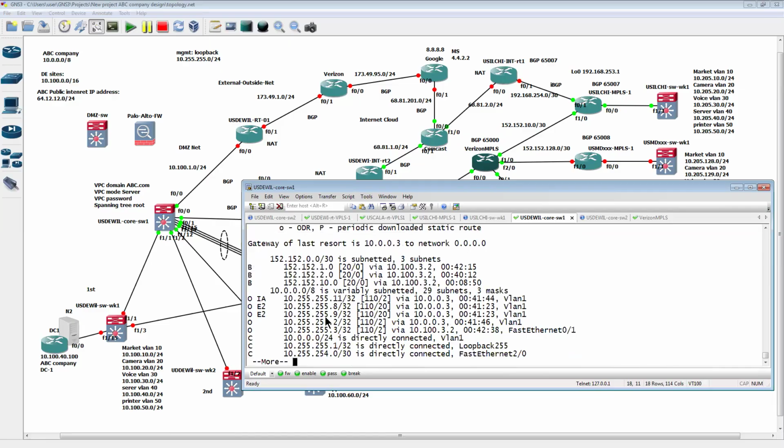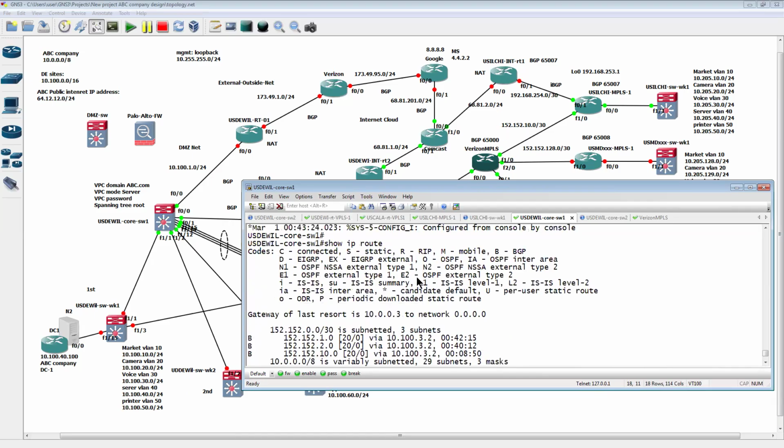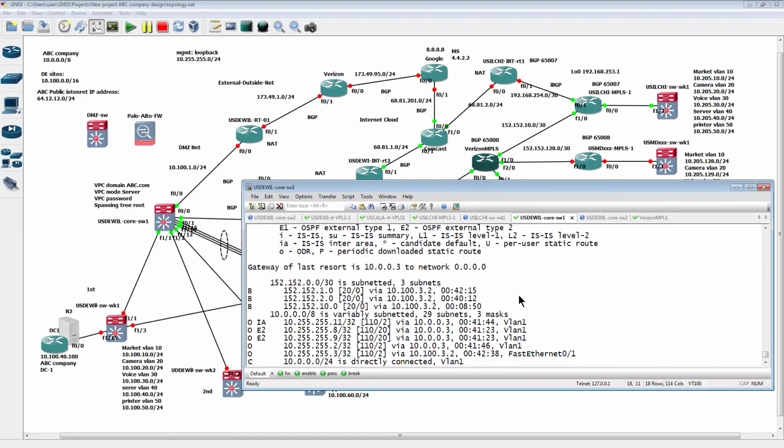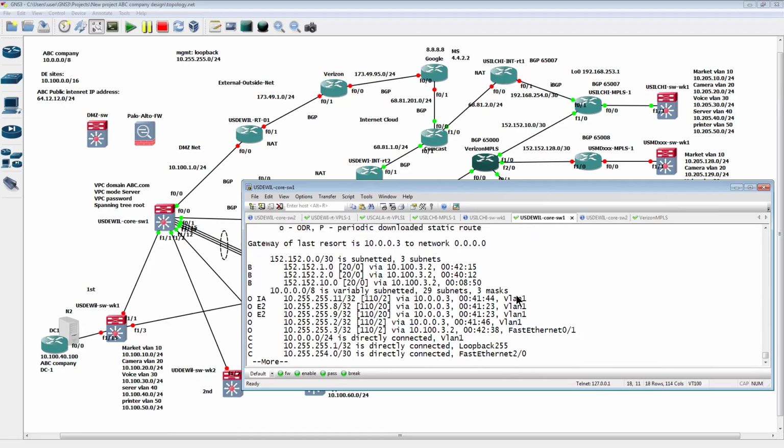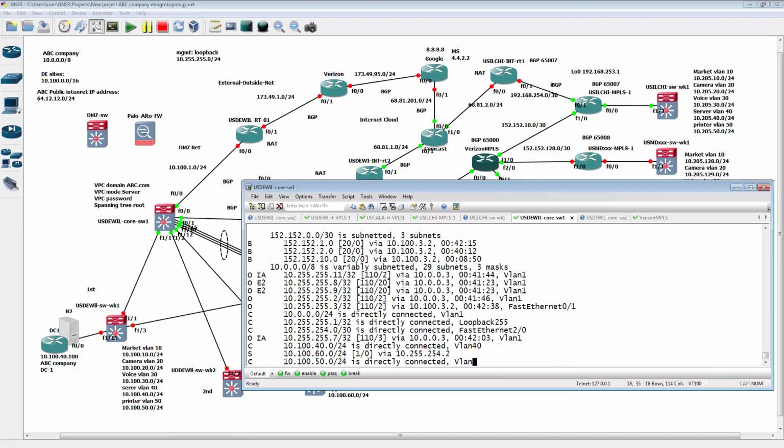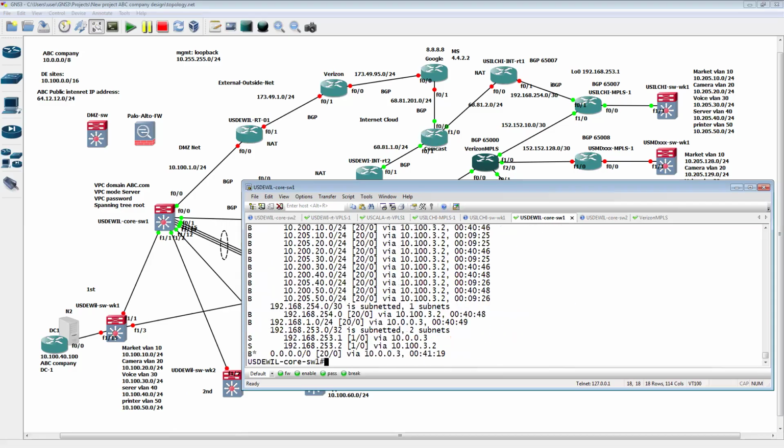IGP is, for example, RIP, static, or connected, or EIGRP, OSPF, right? That is what we call IGP. Everything is IGP routing. We can use the network statement to advertise into the BGP. Okay, because the BGP, when you advertise anything, you